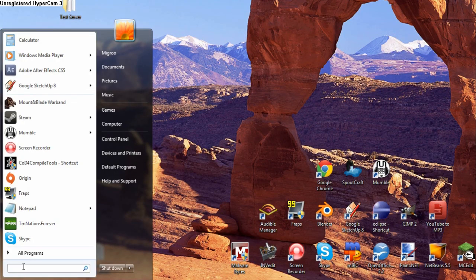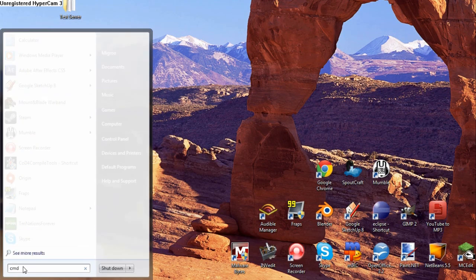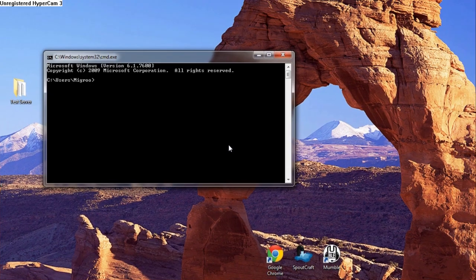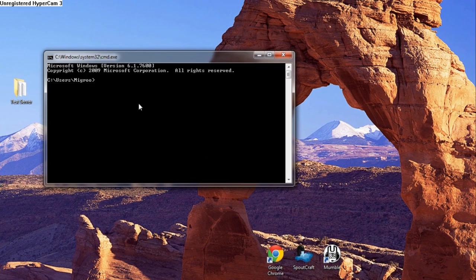You're going to go to the start menu and then go to the little search bar there and just type in CMD. If you're in Windows Vista, I think you can still search for it there. You might have to search for command prompt. If you're in Windows XP, you just have to hit run and then type in CMD and enter. And if you still can't find it, I think you can get to it by all programs, accessories, and it should be right in there.